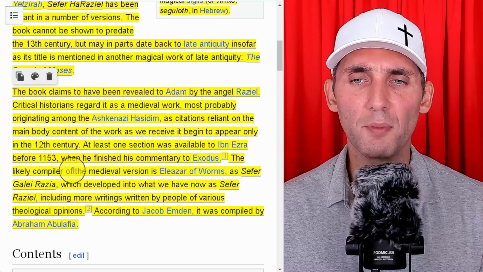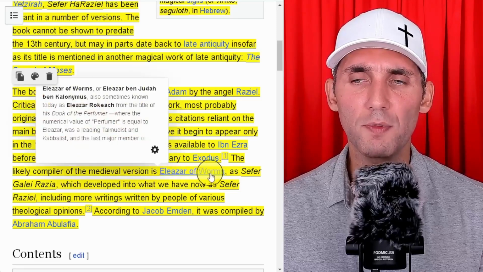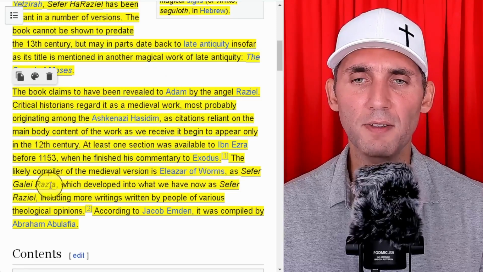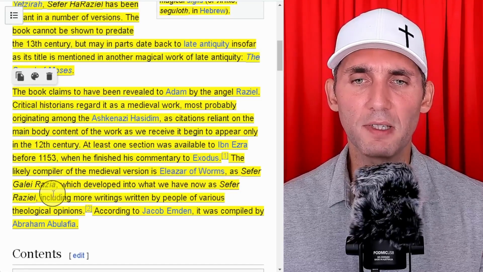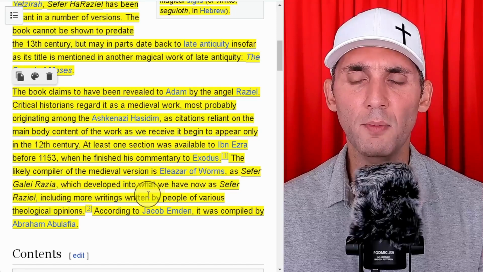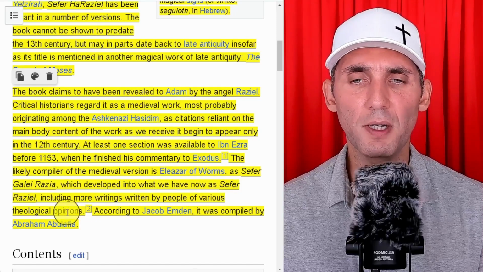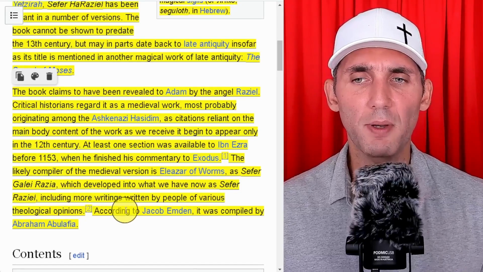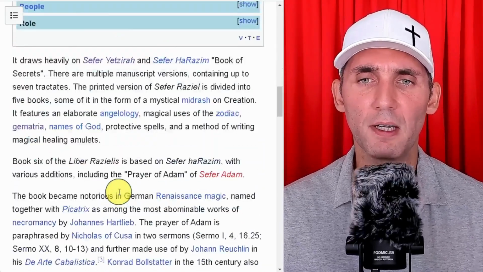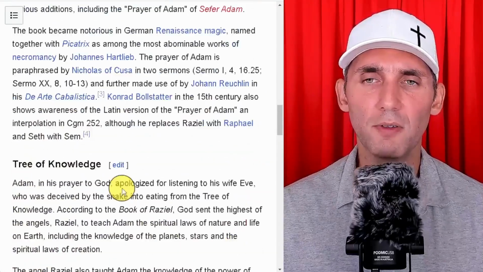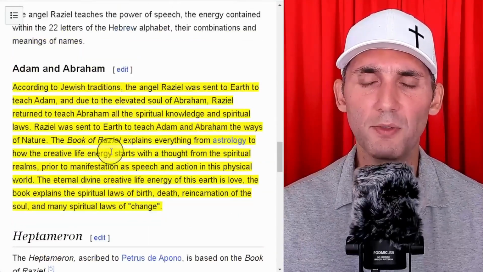The likely compiler of the medieval version is Eliezer of Worms, as Sefer Gali Razia, which developed into what we now have as Sefer Raziel, including more writings written by people of various theological opinions. According to Jacob Emden, it was compiled by Abraham Abulafia. So it's very much related to tree of knowledge, Kabbalistic type of things, but let's read a little bit about